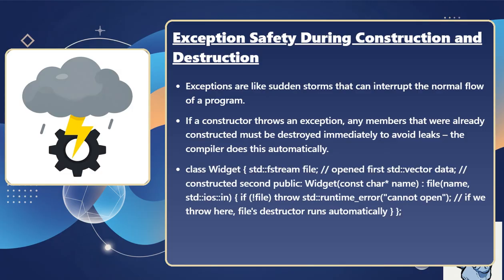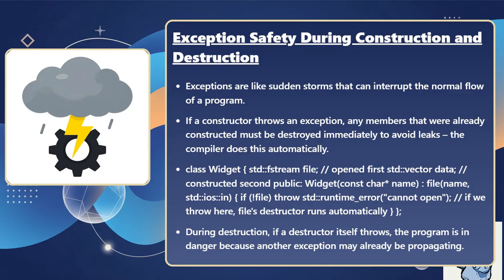class Widget {
  std::fstream file; // Opened first
  std::vector<int> data; // Constructed second
public:
  Widget(const char* name) : file(name, std::ios::in) {
    if (!file) throw std::runtime_error("cannot open");
    // If we throw here, file's destructor runs automatically
  }
};